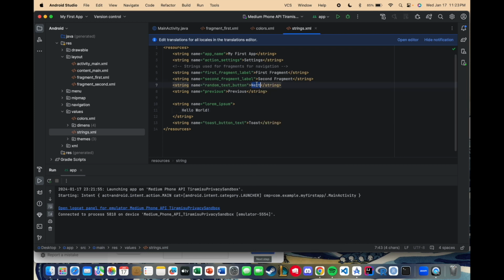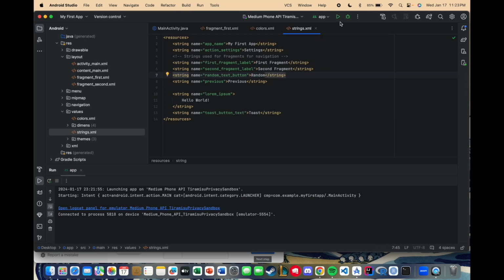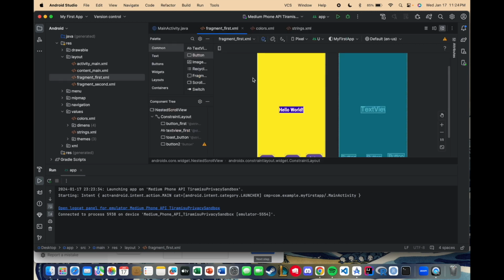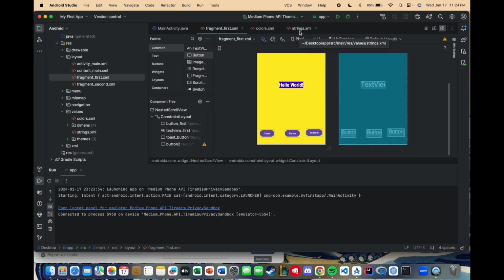And then we're going to change the actual string to random. Now that you're done, you can go ahead and launch the app and see what it looks like right now. So yeah, now I have toast and random. Nice. Alright, now that we have created this new button, we're going to go ahead and go back to strings.xml